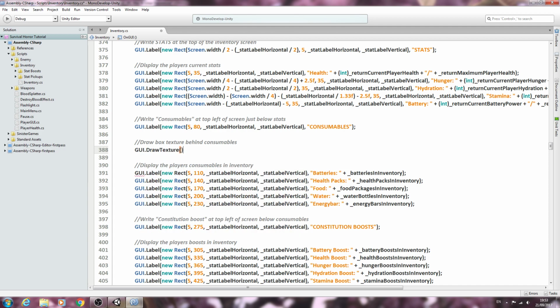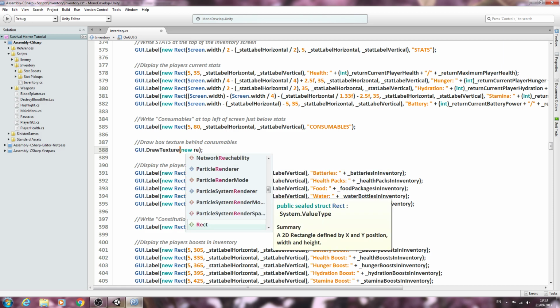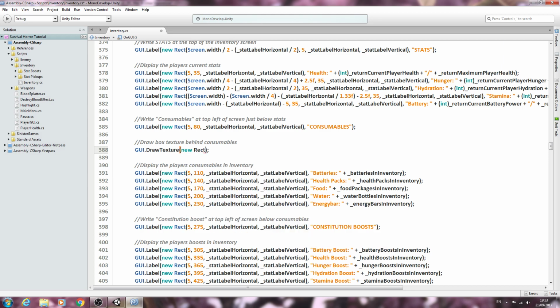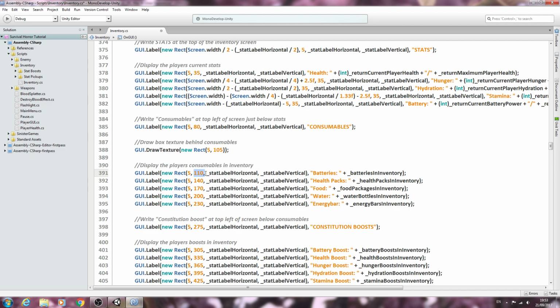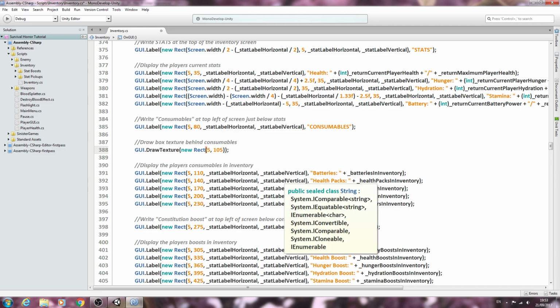We'll open and close brackets, we'll close that line off. Inside the brackets, new rect, and we'll open and close brackets again, and we'll come inside those brackets there. So I've already experimented with the positioning. So I found a value of 5, the same as below here, comma, I'm going to say 105, so just 5 less than this one here, comma,